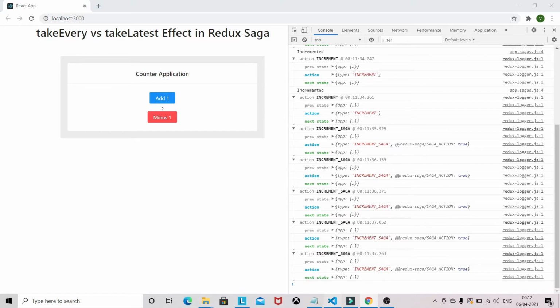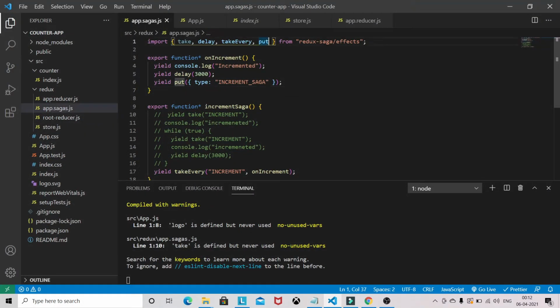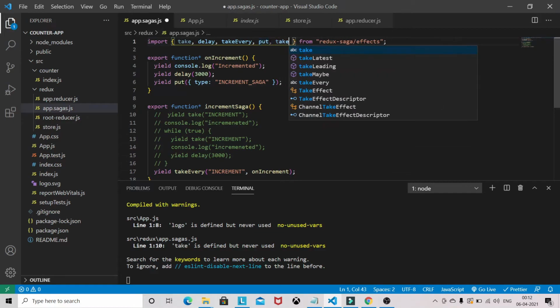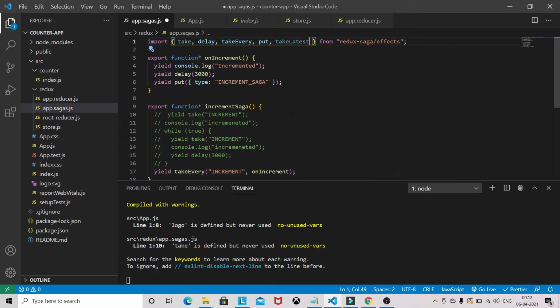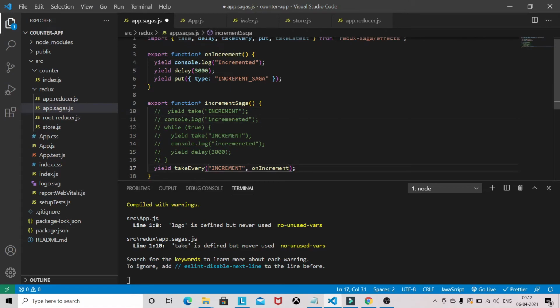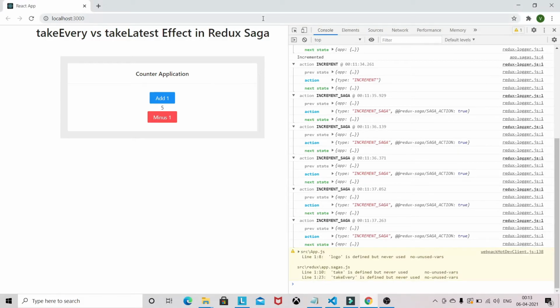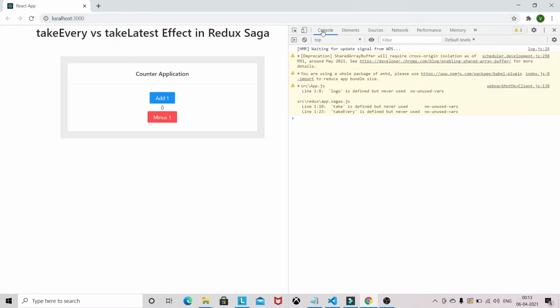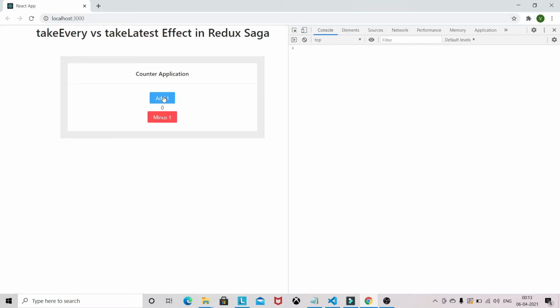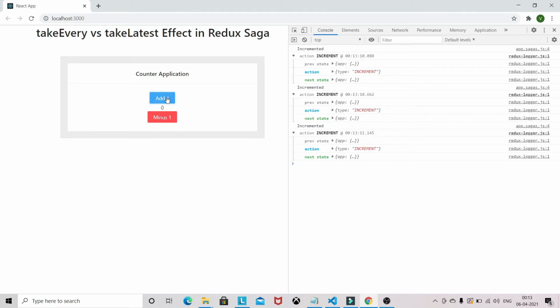So what I will do is bring in takeLatest, and I will just remove that takeEvery and replace it with takeLatest. Now you will see in the application. I'll just clear and click only 3 times: 1, 2, 3.